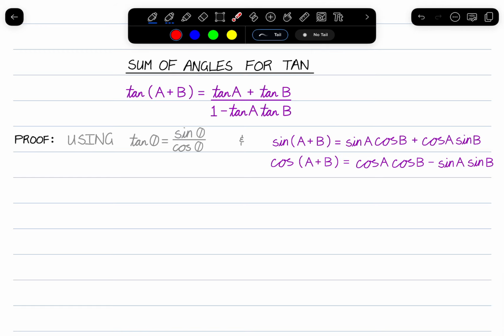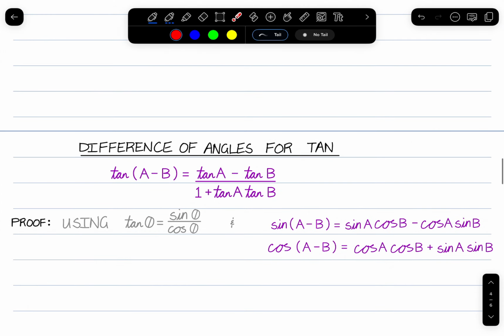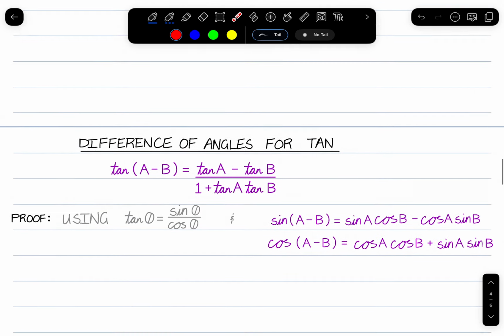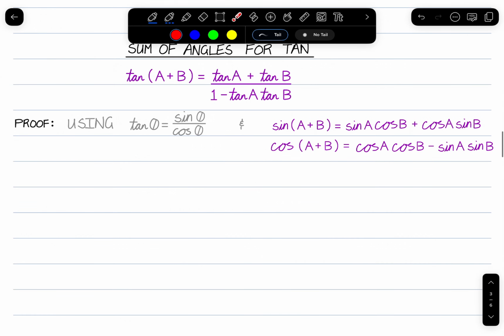Hello class, this is a video tutorial on the proofs for the sum of angles for tan, as well as the difference of angles for tan. Now you'll see that once you've seen the steps for this one, it's actually nearly identical to this one. So here we go. So first, as you can see, we're going to use this identity here, that tan theta